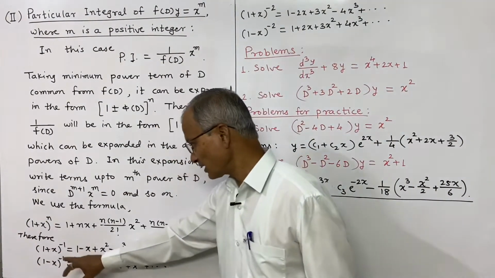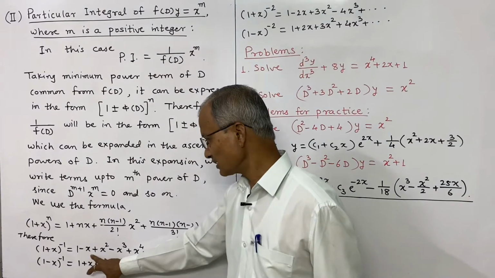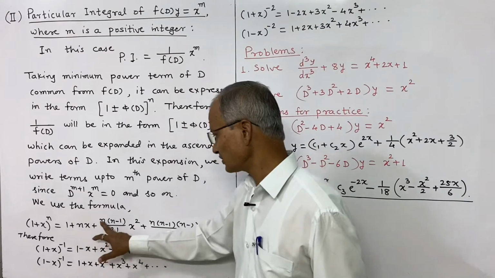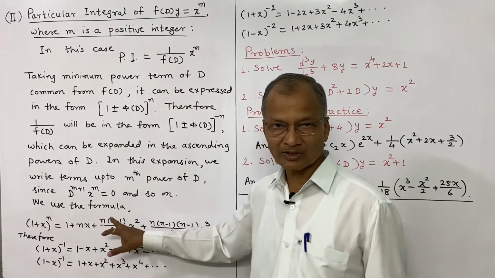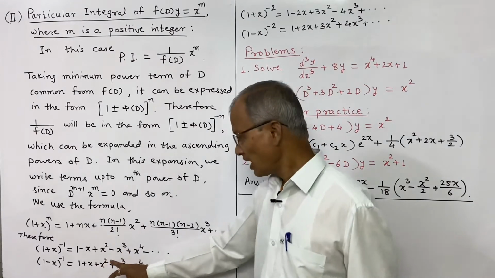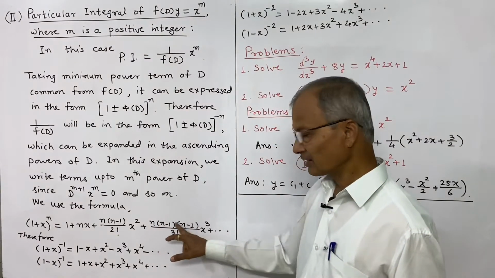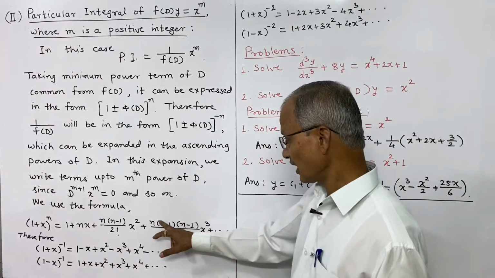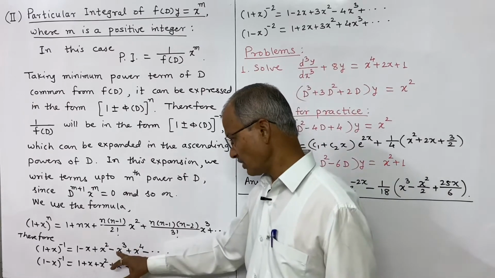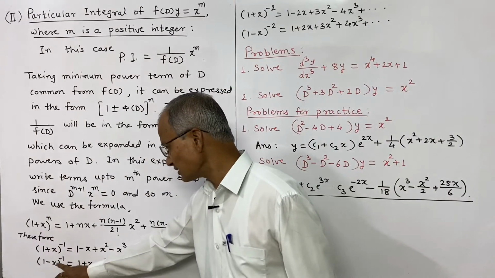1 plus x power minus 1, this can be written as 1. See, first term, n here is minus 1, so minus 1 into x, and plus, now this will be, you can observe, minus 1 into minus 2, which is 2 divided by 2 factorial, that is 1, therefore this will be x square. And next will be negative term, minus 1 into minus 2 into minus 3, that is minus 3 factorial divided by 3 factorial, that negative sign remains, x cube, minus x cube plus x power 4. So similarly, putting the value of x as minus x and n as minus 1, we get this formula.